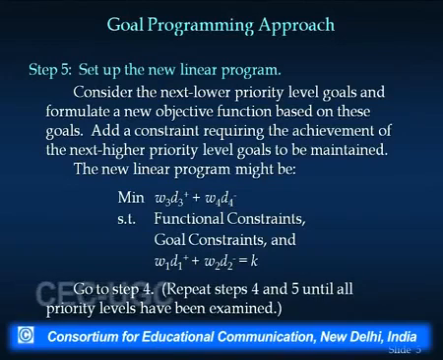D4 is nothing but the deviation, and then the functional constraints, goal constraints, and the objective function. W1 D1 plus W2 D2 minus is equal to K, and this K figure we have to minimize. Go to step 4, repeat steps 4 and 5 until all priority levels have been examined and listed in the problem. Now we'll see one of the problems and we'll use this procedure to formulate it and finally get a solution to it. The problem statement is, Inex Corporation